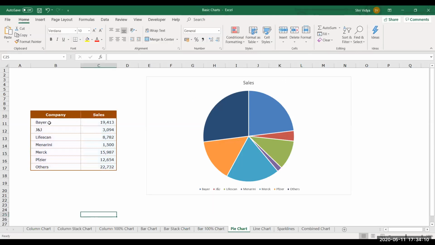So there are again so many companies. There are different sales values for each of them. Now let's say I am checking their market share. So what do we mean by market share? So you choose an area. Let's say Pan India is your market area.